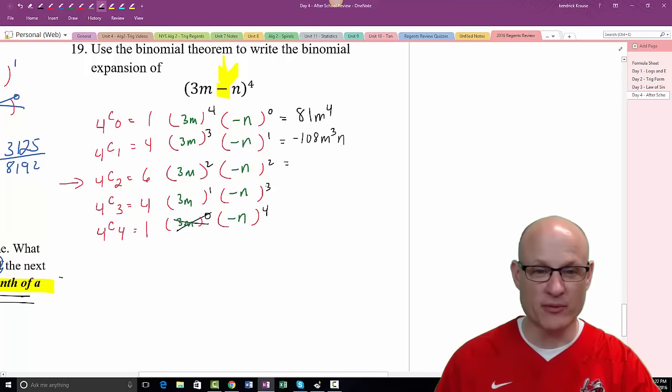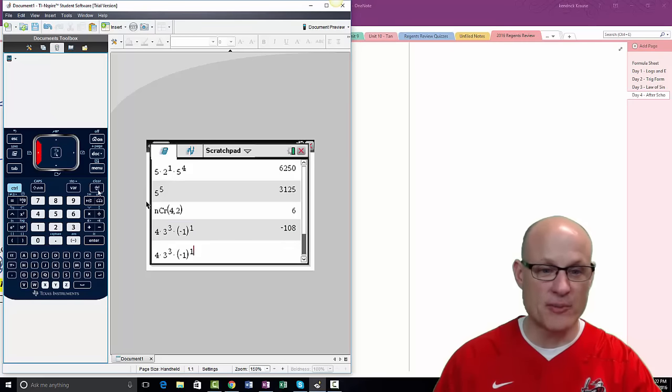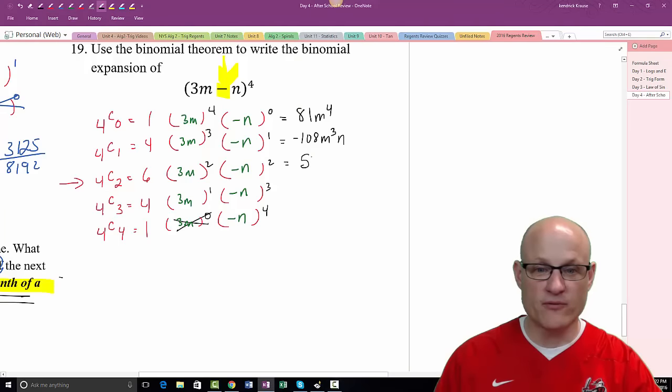Now the next one's actually going to be positive. The reason it's going to be positive is because now you're squaring a negative, which makes it positive. Delete this, make it 2. And then I think this is a 6, right? Delete this and make this a 6. And we get 54. So we get 54 m squared